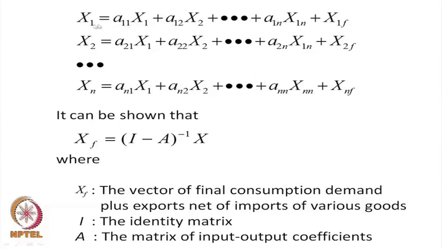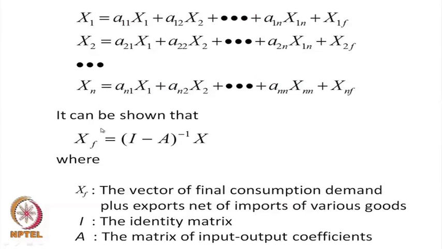For example, steel industry consumes some coal, some iron ore and things of that type. So, each one of them is an industry. X2 probably is a coal industry, iron ore another industry. So, a fraction of the output of different industries is consumed by steel industry, and similarly coal industry consumes something from other industries. So, these are input output coefficients. A's are input output coefficients. So, if there are n number of industries, we have n number of such equations,